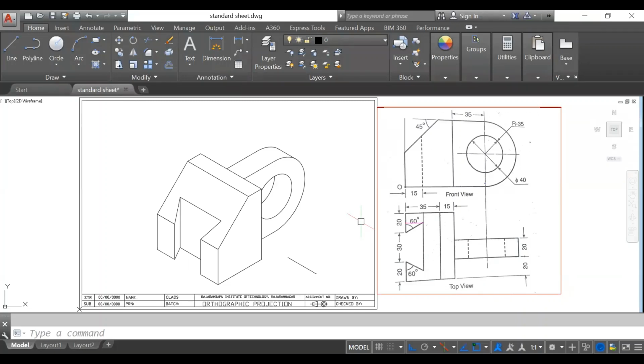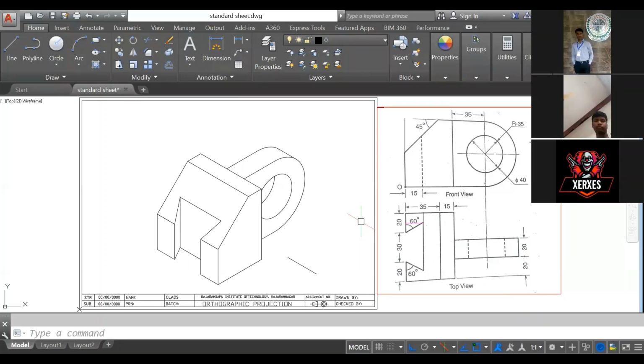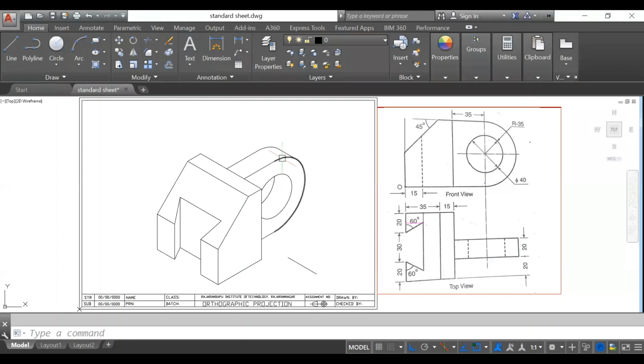So total around about 58 students are here. So Pratik, if you are there, if you present there, you can just take the